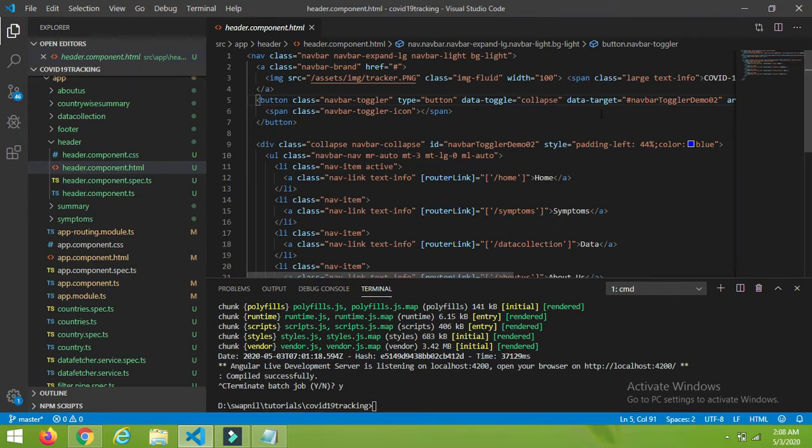That's why we have to specify the data target. I have specified it as navbarToggleDemo02. Here you can find I have given this id to this navigation bar.